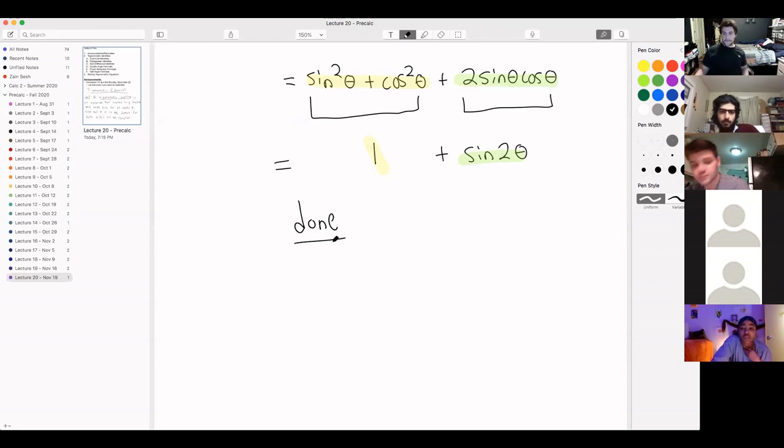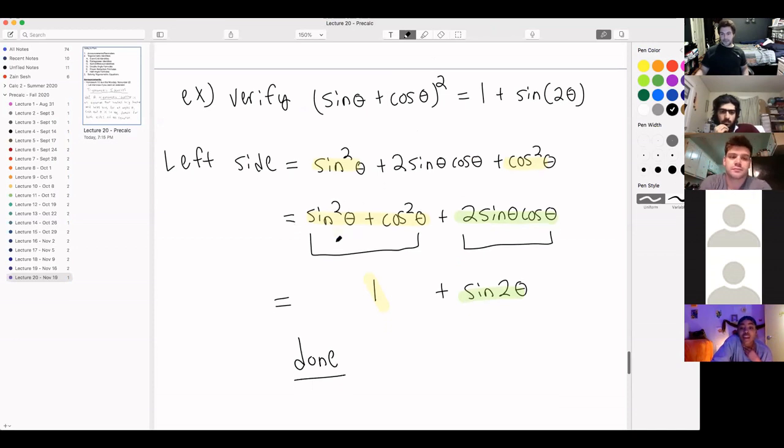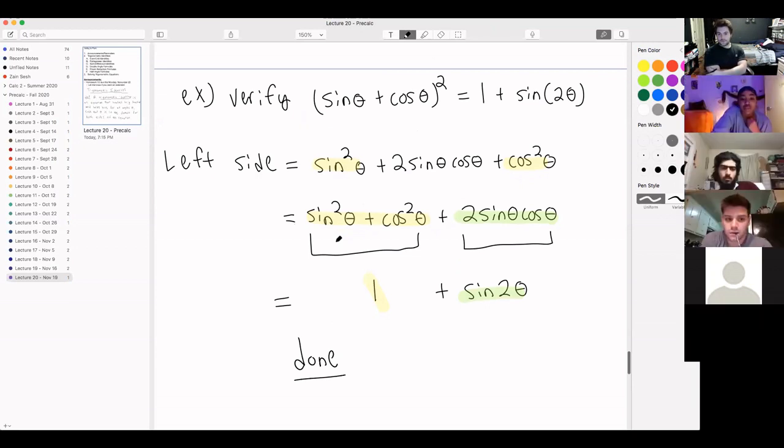I'm sorry, can you scroll up just a little bit? Thank you. I have a question. Can you go over how you got 2 sine theta cos theta in the middle? Sure. Yeah. So,